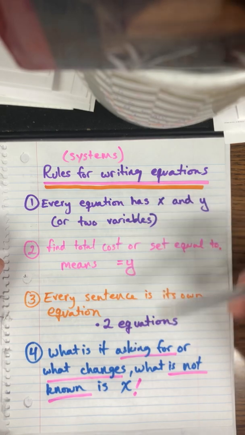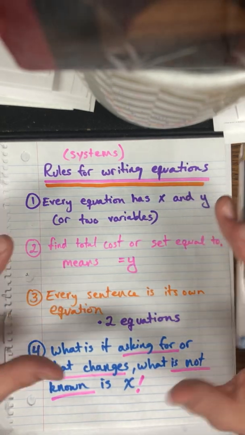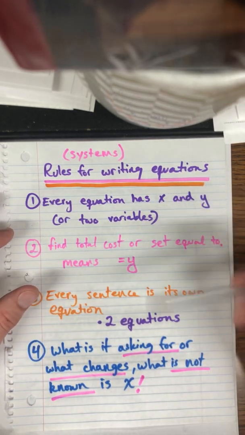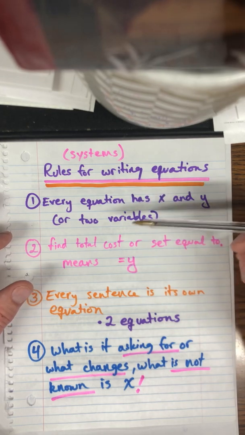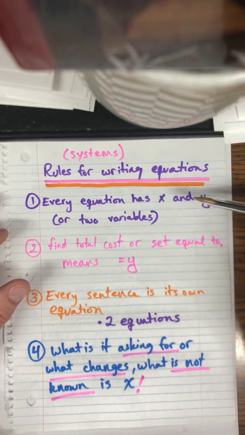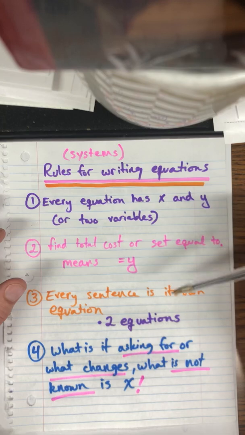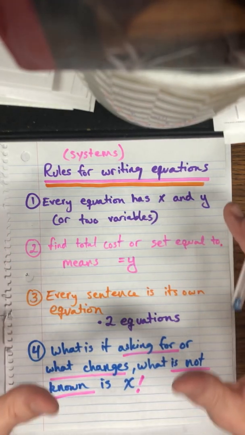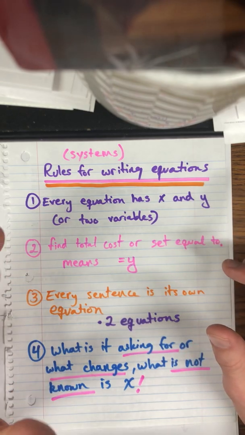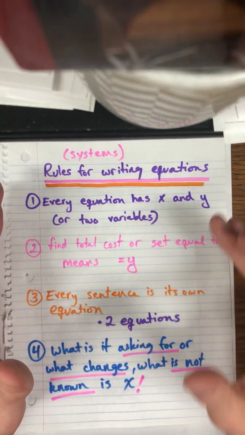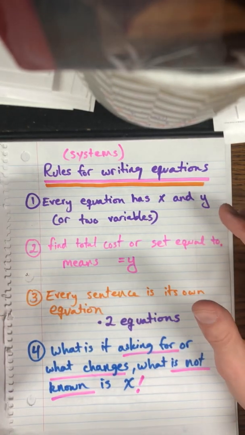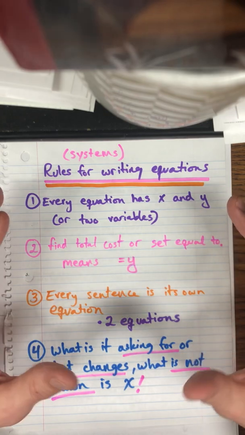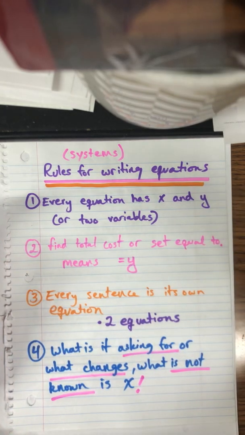for this worksheet problem set, and this really applies to just about everything. I'm going to add one at the end. The first one is every equation has an x and a y. So when you look at these, you want to think, okay, I need two equations. I need two variables. There's going to be an x in the equation, there's going to be a y in the equation, and these are the two things you don't know. I'm going to talk about it more, but